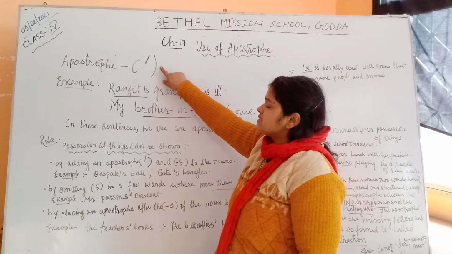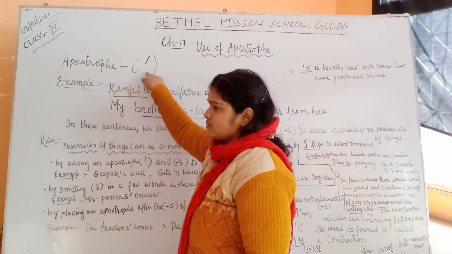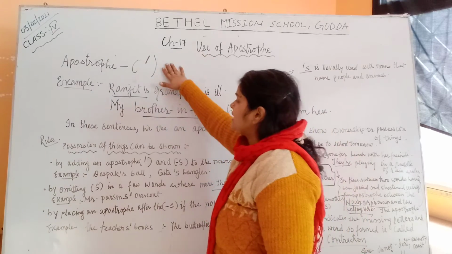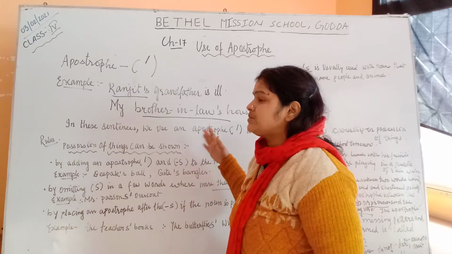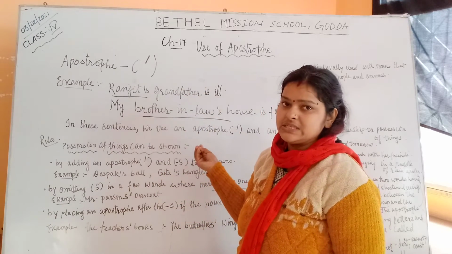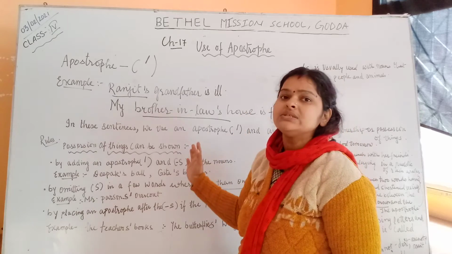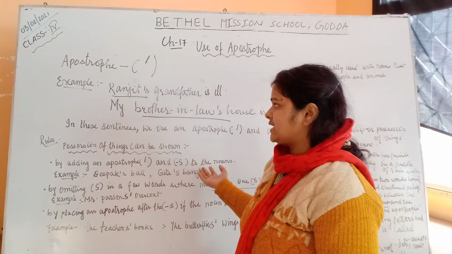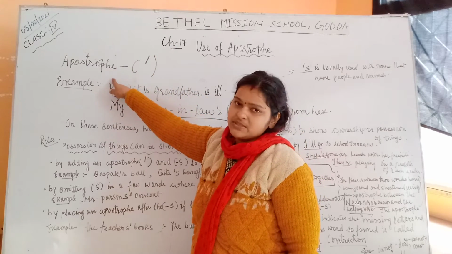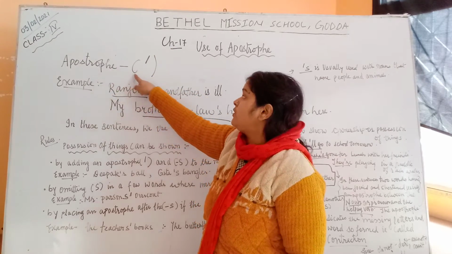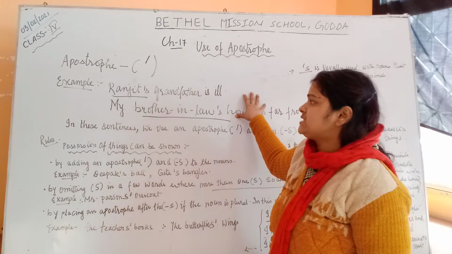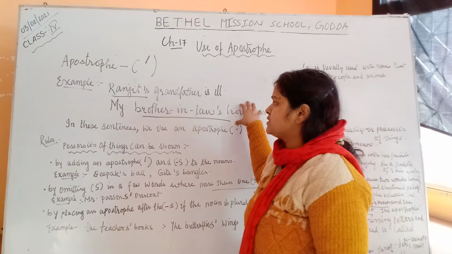Apostrophe is this sign. This is the sign which shows that it is an apostrophe mark in a particular sentence. When we use this mark, there are certain rules about where to use it and where not to. We don't use an apostrophe in every sentence. In some sentences there are rules about where to use an apostrophe and in which condition. This mark shows that this is an apostrophe mark. We call it an apostrophe. Now we will see how to use this mark in sentences and what the rules are.